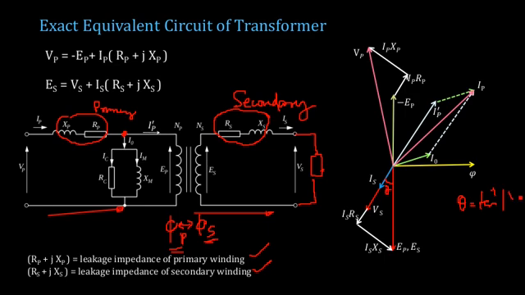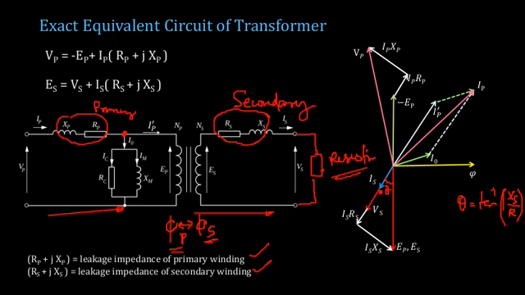Tan inverse of XS by RS. So because of the secondary winding, the current will be displaced by an angle theta. And I am assuming that your load is resistive. If the load is resistive in nature, what happens? Your IS and VS are in phase. You have no phase difference between IS and VS. Once the load is inductive or capacitive, there will still be a phase difference coming. So for the time being, I am assuming that IS and VS are in phase because your load is resistive. So the relationship between voltage and current at the load is with zero phase difference. So IS and VS are in phase.